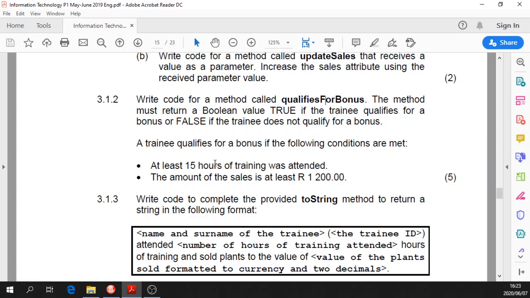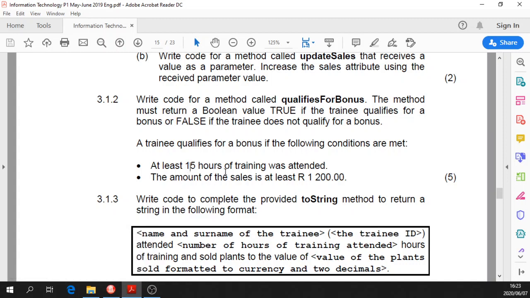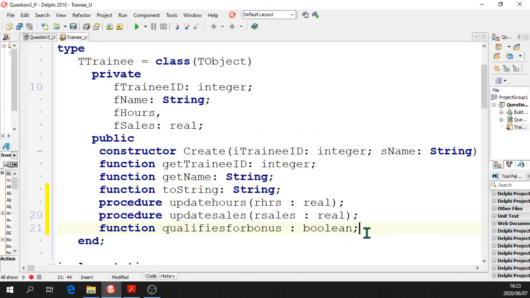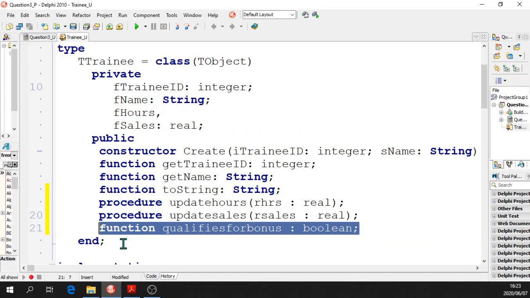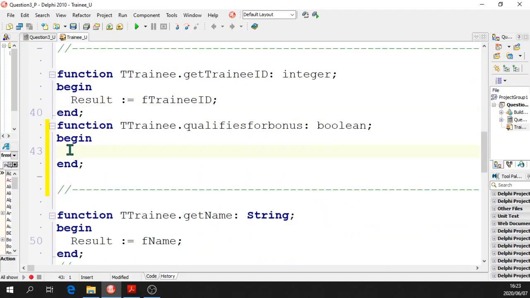It doesn't tell you that there's any parameters, so we're working on the private fields only. The hours must be 15 or more hours, and the sales must be 1,200 Rand or more. When it says at least 15, that's the lowest number it can be. So let's go and write this function, highlight it, Control Shift C, and then we're going to say,